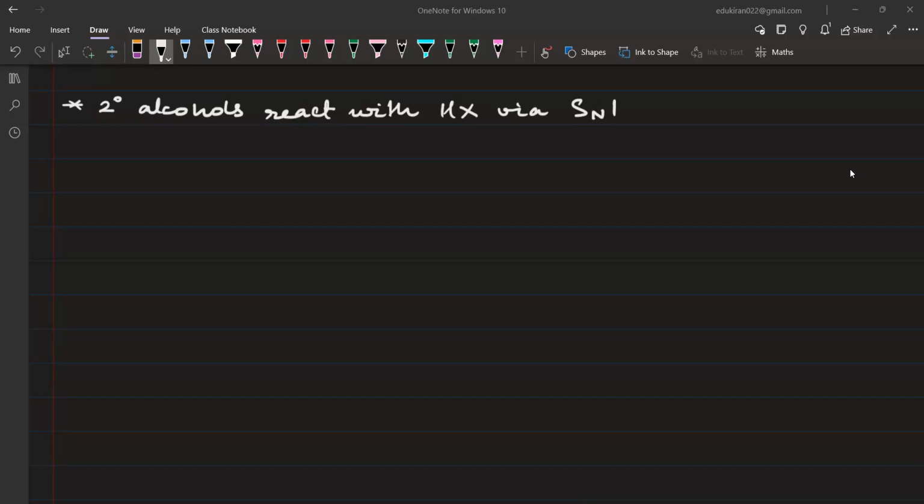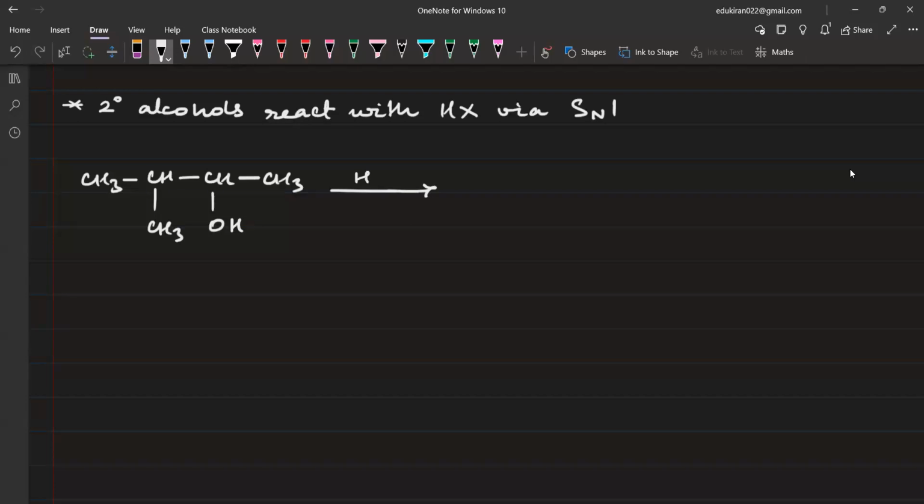So you have something like this. You have CH3, CH bonded to CH, then bonded to CH3, and this here CH is having a CH3. और इस कार्बन एटम के पास है OH. Now when you are going to react this with HBr,